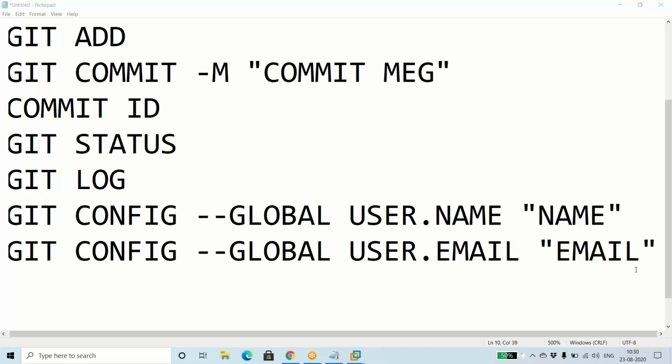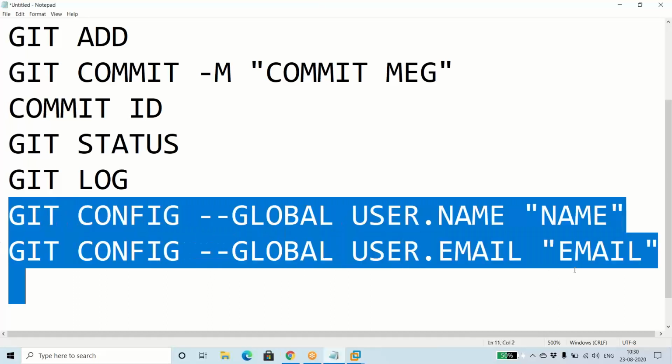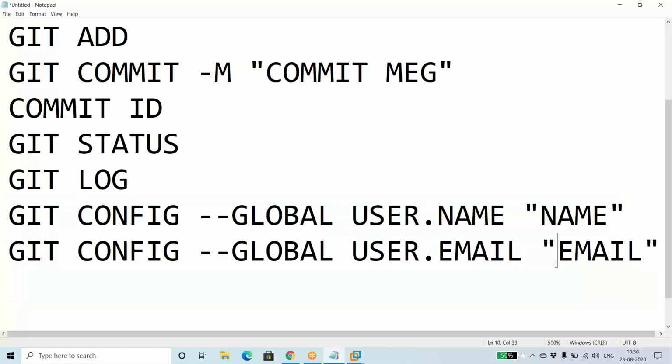If you have a number of developers, suppose more than five developers, we don't have an idea which developer is trying to commit that code. So every developer has to configure his system with this. Whenever you do a git log, it will show you the username, name and email ID.